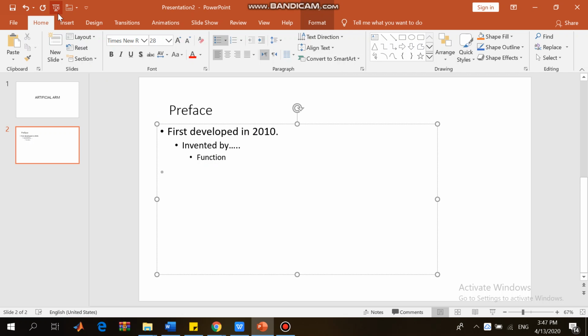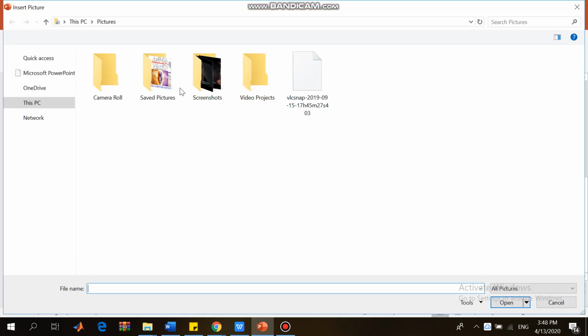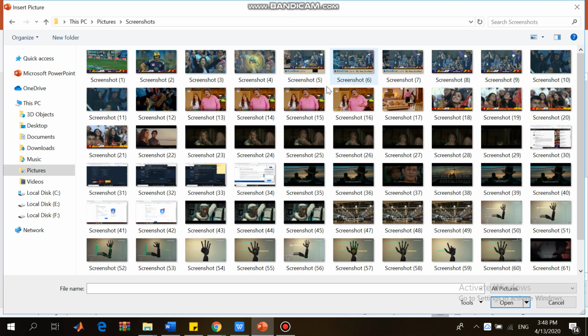And now we have certain options here like inserting pictures. We can insert a picture we have on our PC, or we can go to the option of online pictures. So first of all, let's select something from our PC pictures. If I go to screenshots, I have